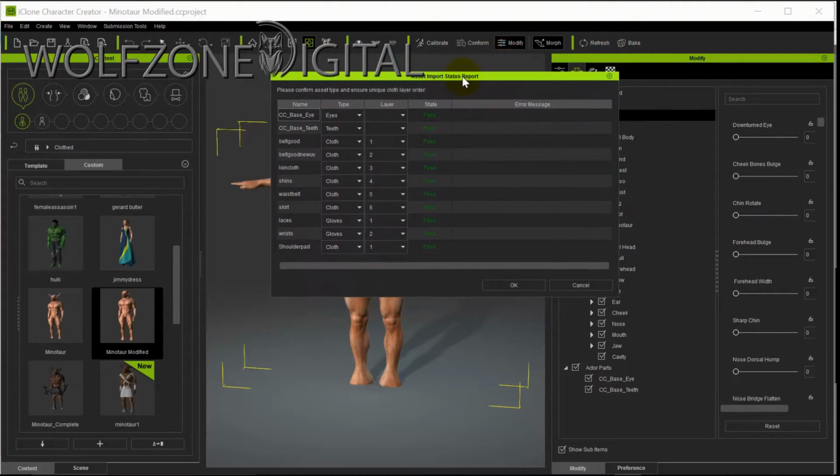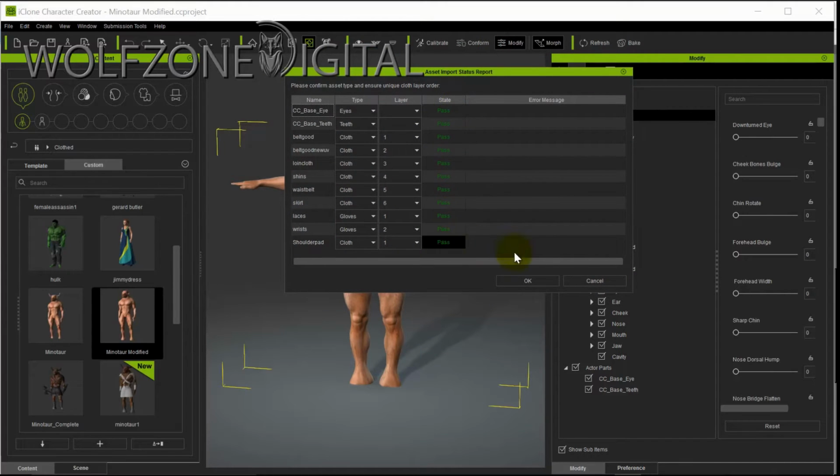So here you can see the asset import, and it's important to note we were looking through, we want to make sure that these are all green and passed. Then we have all the different articles of clothing, and you can see how it's assigned them. So we want the wrists themselves to be just regular cloth. We don't want them to be gloves. Same thing for the laces and for the shoulder pads. So we want all of these items to be listed as cloth versus listed as gloves or anything of that nature. Also, as a layer, we don't want to have any of these conflicting, so we can then go ahead